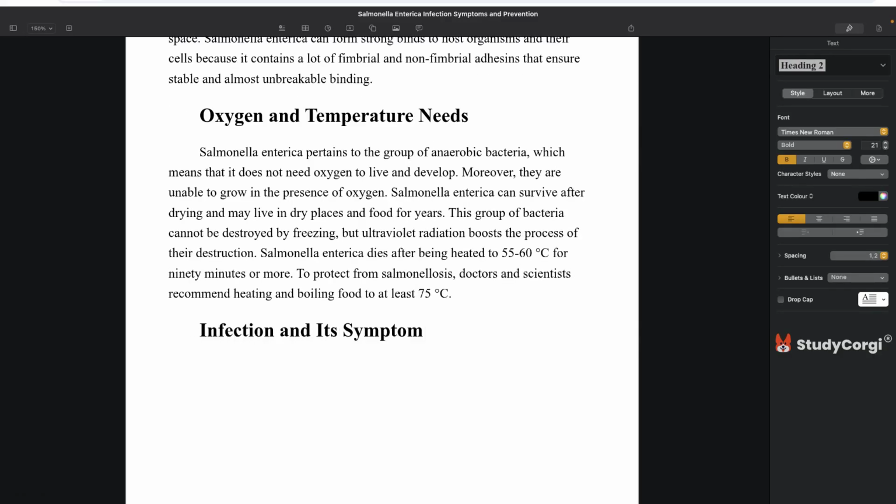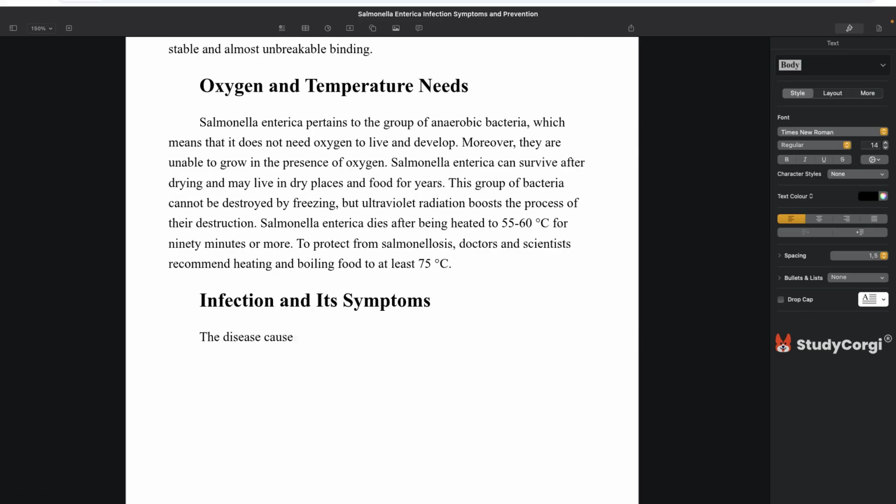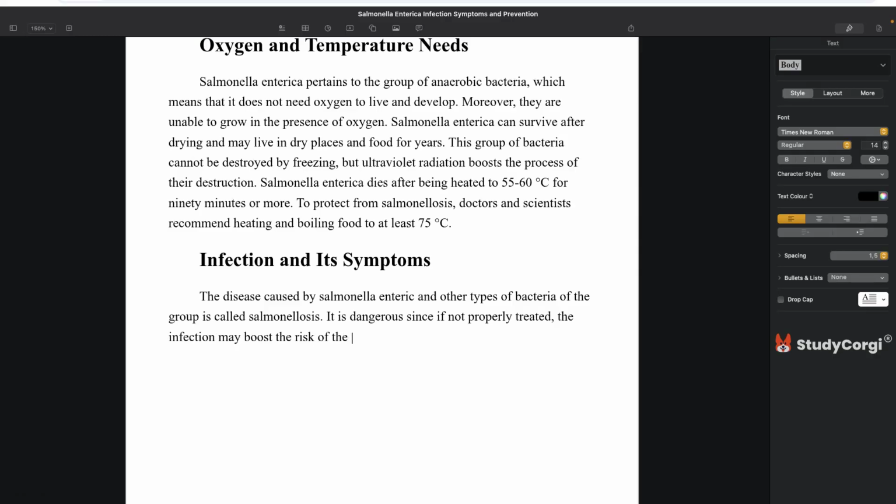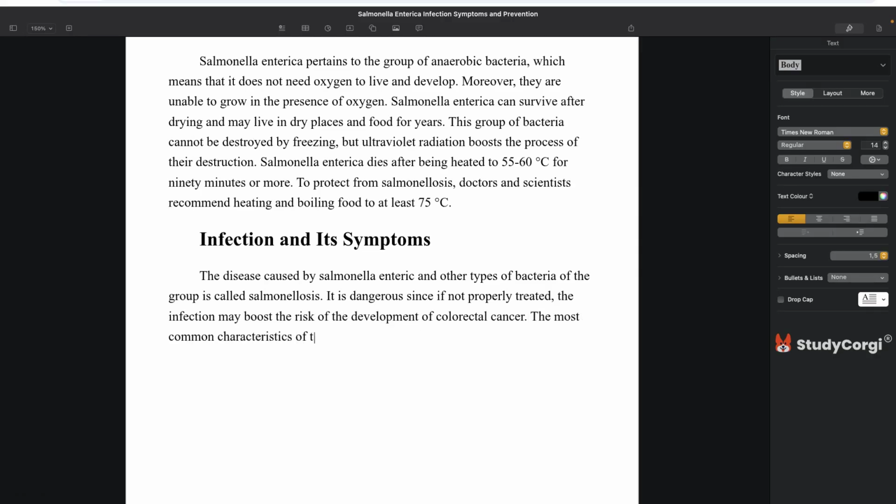Infection and its symptoms. The disease caused by Salmonella enterica and other types of bacteria of the group is called salmonellosis. It is dangerous since if not properly treated, the infection may boost the risk of the development of colorectal cancer. The most common characteristics of the disease are